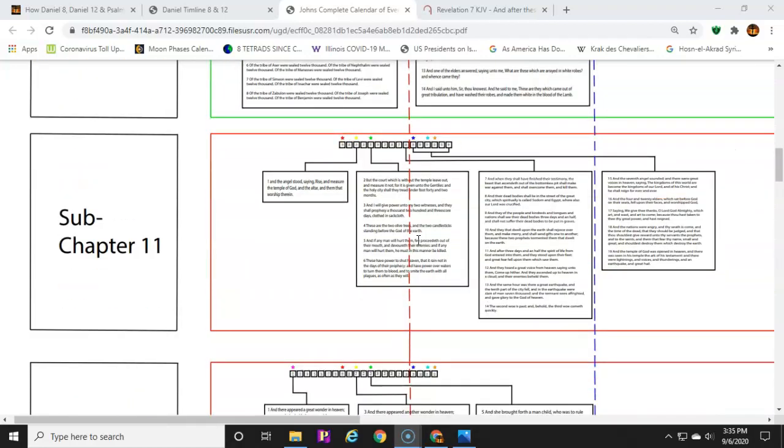But you got to realize that chapter 11 is mainly about the two witnesses. It talks about how the two witnesses come out, how they're going to stand and prophesy against Antichrist for 1260 days, and then after abomination they're overcome and lie in the street for 3.5 days, and then after 3.5 days they're resurrected and taken to heaven.